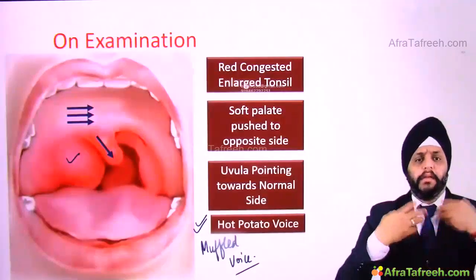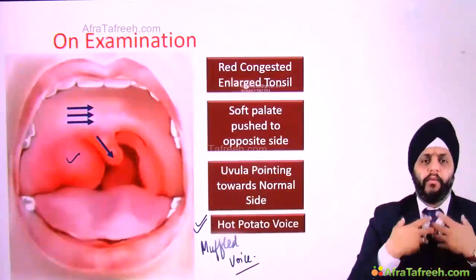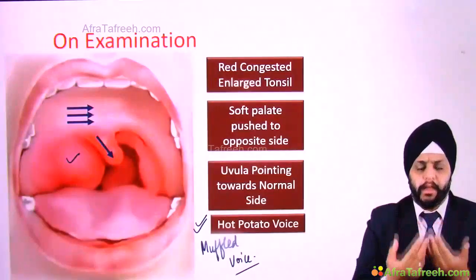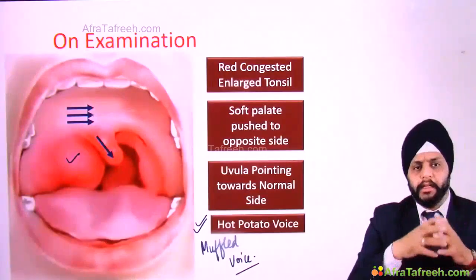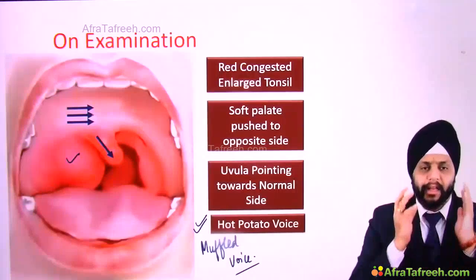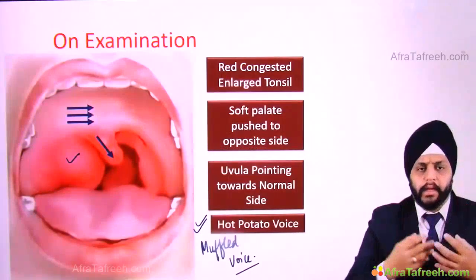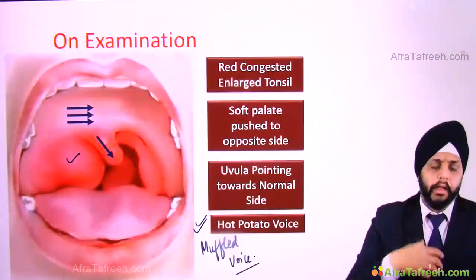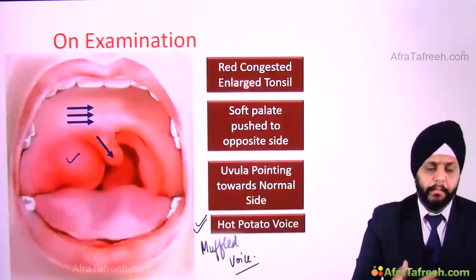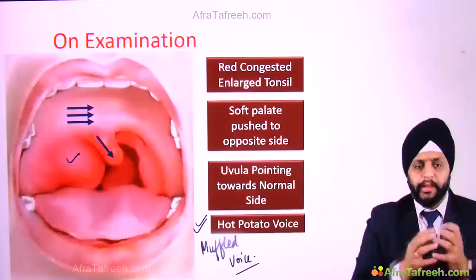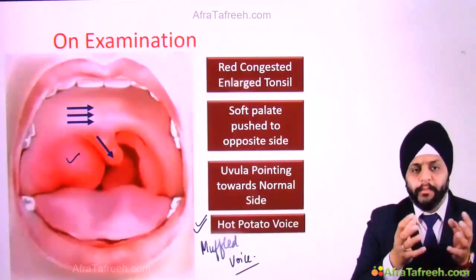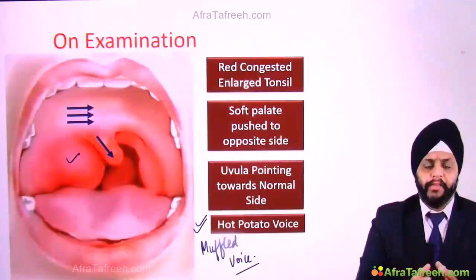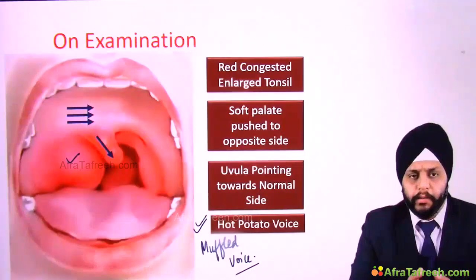So when we speak from the larynx, what we produce from the larynx is the vowels: A, E, I, O, U. These vowels are then converted into consonants in our pharynx and oral cavity, by the tongue and the lips. Suppose I have to say ma, it comes from the lips, whereas when I say ka, the ka comes from the palate. But if there is an infection, all the consonants which arise from the palate and the pharynx will not be there. So the patient will have a typical voice that is known as muffled voice,